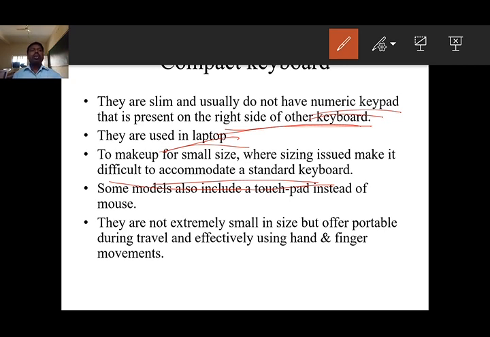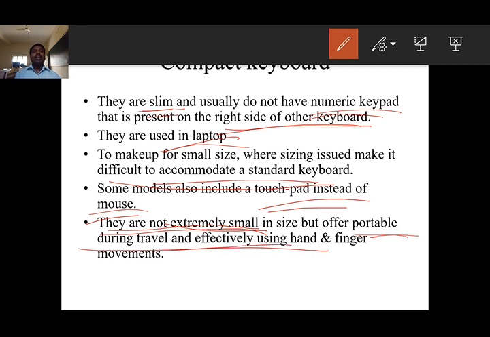See, some models also include a touchpad instead of the mouse. If you take a laptop, generally we are not using any mouse. We can control with the touchpad. Understand? And see, they are not extremely small. Here we say that it is slim, which means they are not extremely small in size, but offer portability during travel and effective use with hand and finger movement.